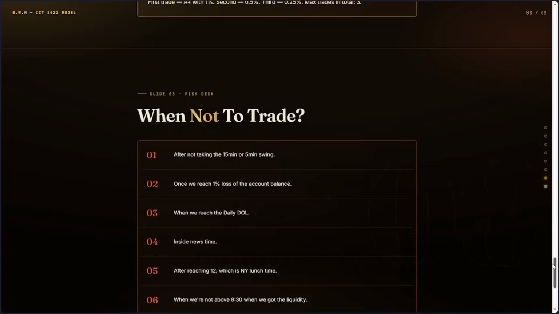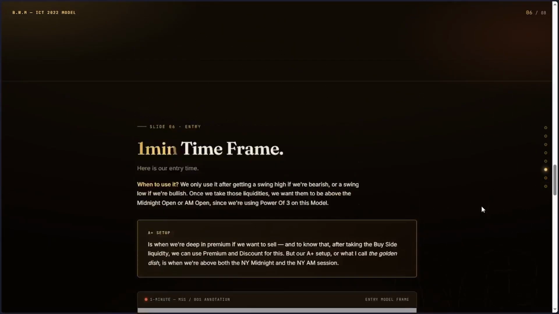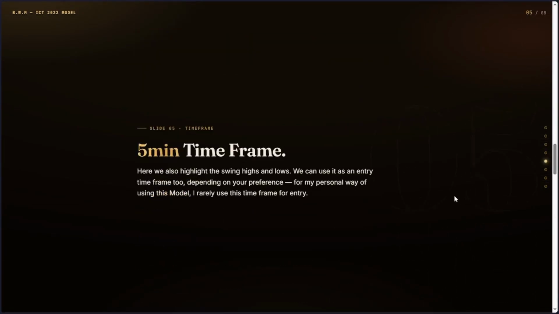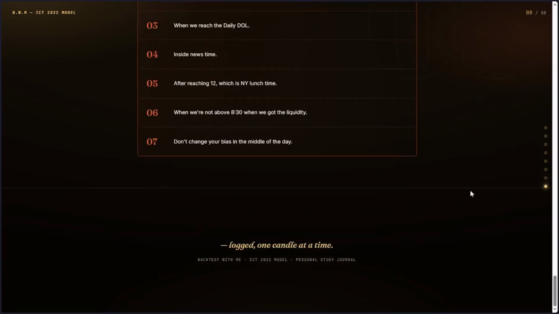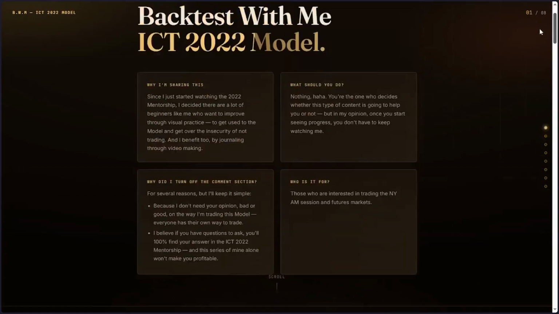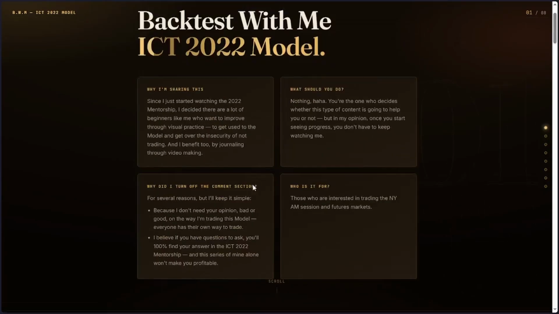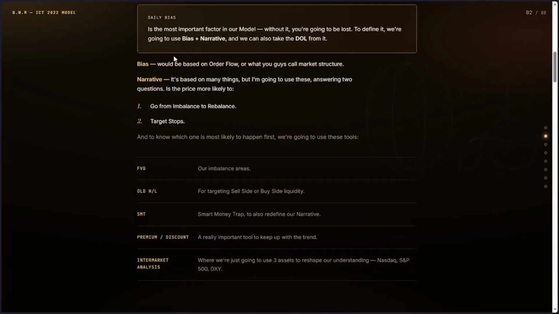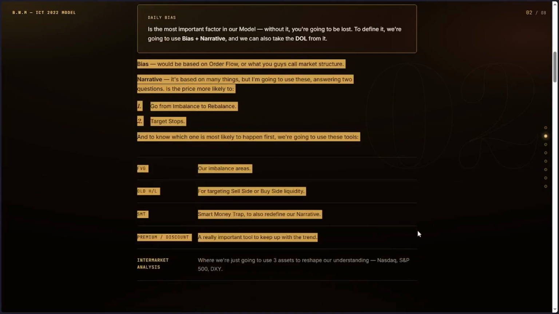So I'm going to start our backtesting, and I'll make sure when I'm defining the daily bias, I'm gonna tell you guys. And just so you know, guys, I'm using the TTR daily bias with also the rules. Let me show you. With the rules right here, I'm showing you. Narrative and order flow, all those things are helping me to define the bias, okay? And also the DXY, which is the dollar index.